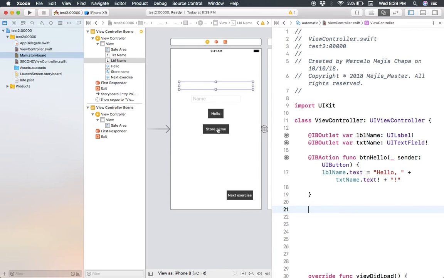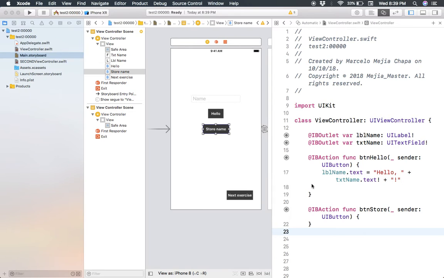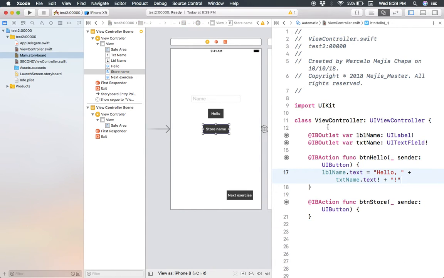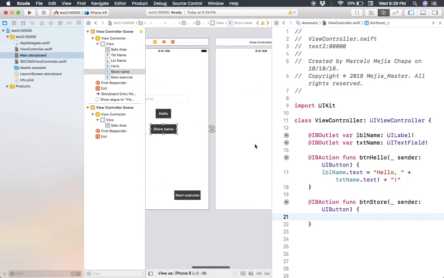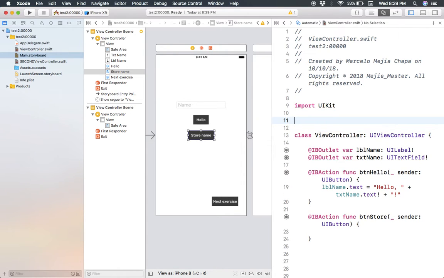The other one is going to be another button, store, which is an action UI button. And what I want to do is I want to store their name and spit it out in the next view controller. Since this class, this view controller, whatever code is here is restricted to this Main.storyboard, we have to make a global variable. What is a global variable? It's just a variable that is outside the class. And how do we make it outside the class? We just type it in over the class, and we're just going to create a variable which is called var